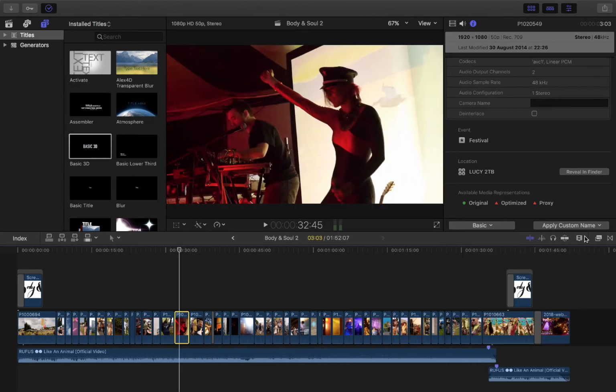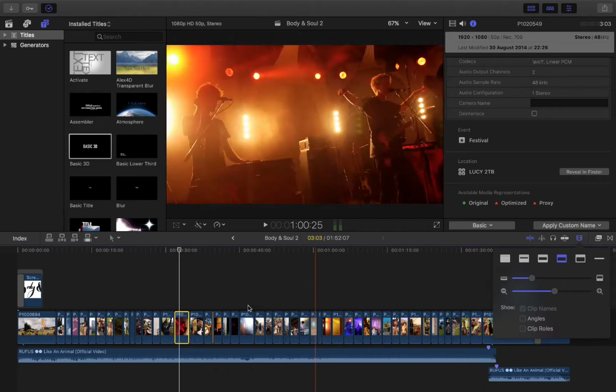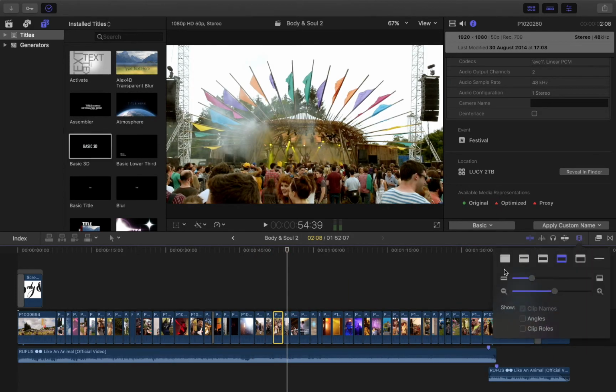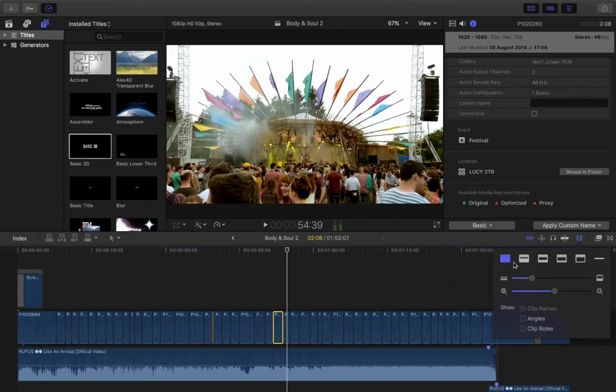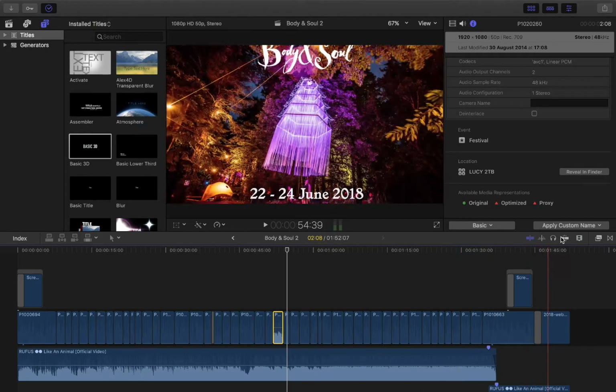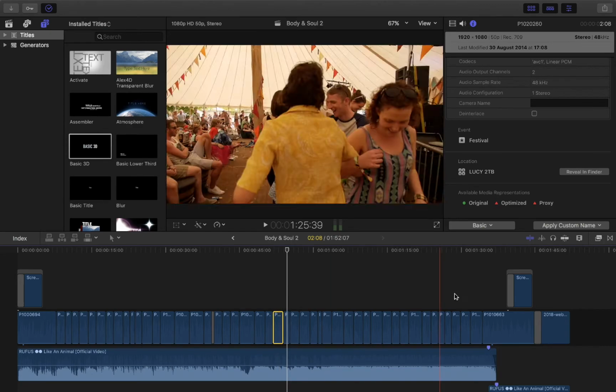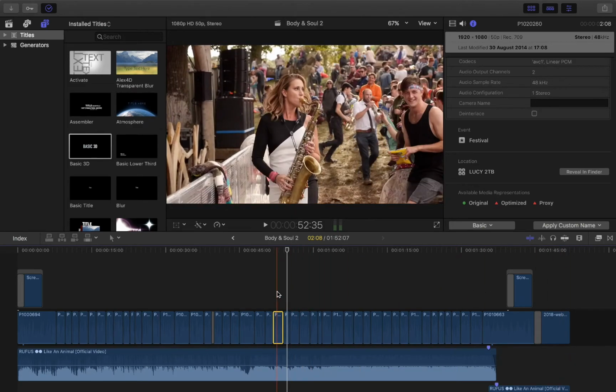The next one along here just looks like 2 film strips. If you click on that, that's just going to display the clips in different ways. So it refers to this portion here, which is on our timeline. If I click on this, the first option of all of these symbols, you can see now that my clips have changed. Now all it's doing is showing me purely the sound information on these clips. I've actually turned the volume down on these, which is why you're not seeing the sound. If they were all up, you would see that those are the sound waves. So it's not showing you any of the visual references to the clips, but it can be quite good if you want to work in detail on